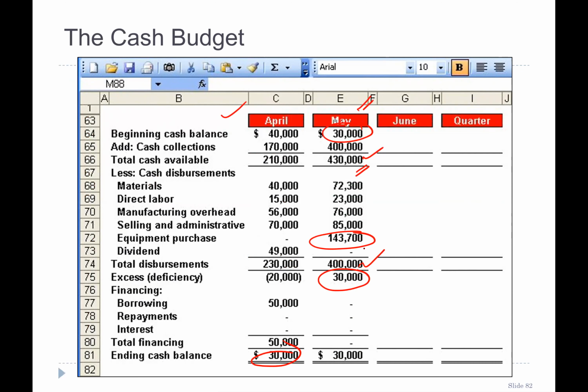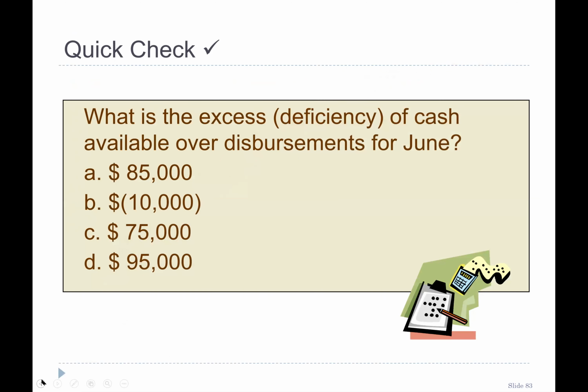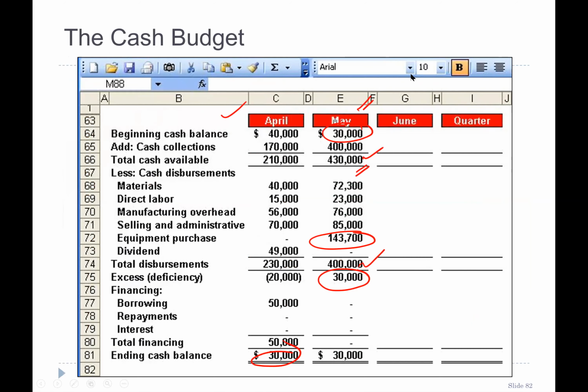So do we need any loan? No, we don't need any loan. Only thing is that we need to pay for our, wait a second. So we don't need any loan for May because our minimum balance of 30,000 is achieved. So here we go. Let's talk about our